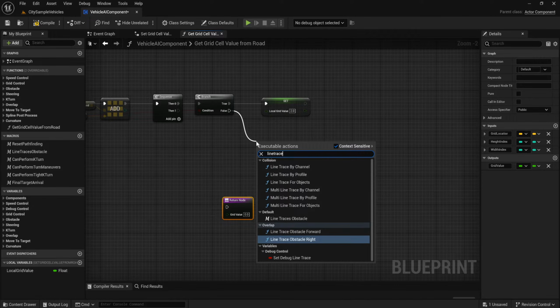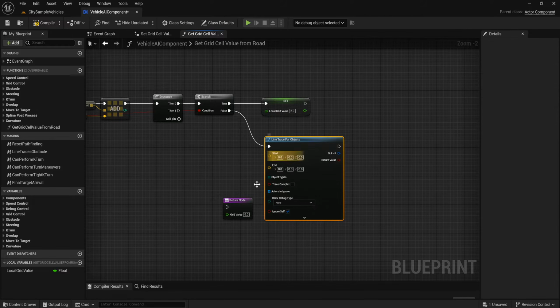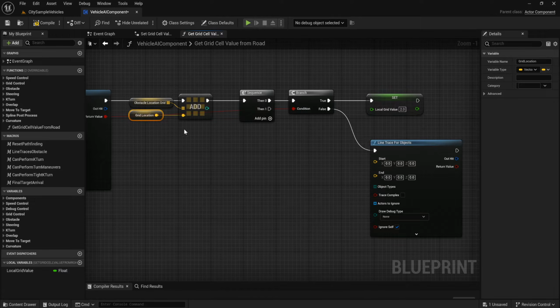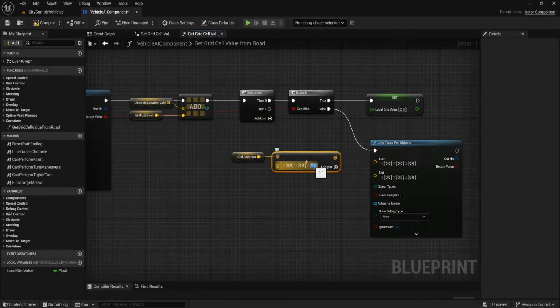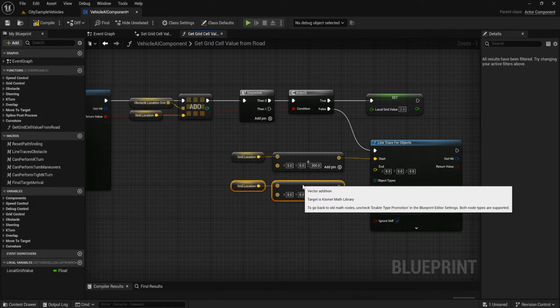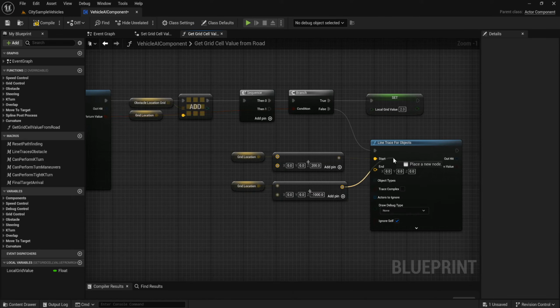Line trace for objects. Copy this grid location, add it with Z is 200, start location, and Z is minus 1000, end location,